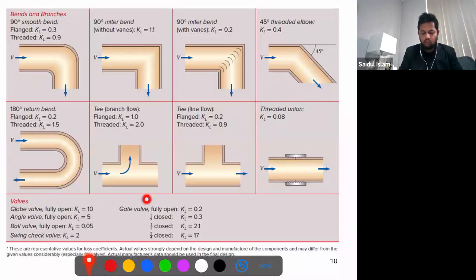So we have all the information here. If you have some problem in the exam where you can see all this arrangement, you can simply use these expressions. Here you can see, for the gate valve, when it's fully open, it is 0.2. If you have a gate valve, let's say 1/4 open, half open, or 3/4 closed, then this is all the